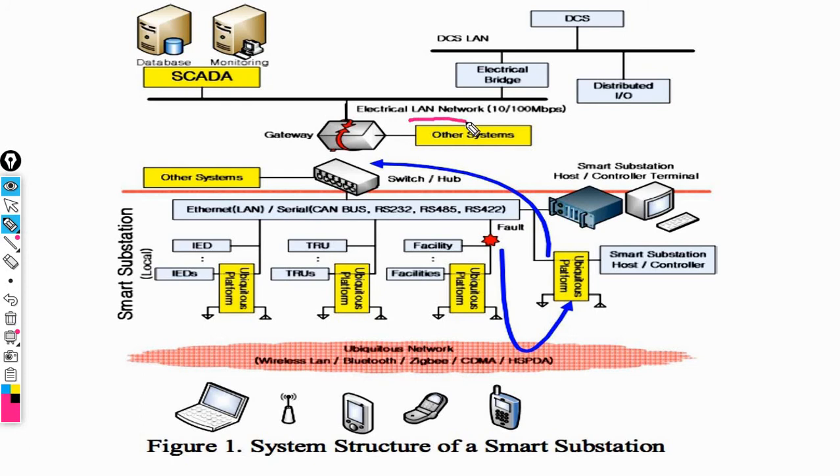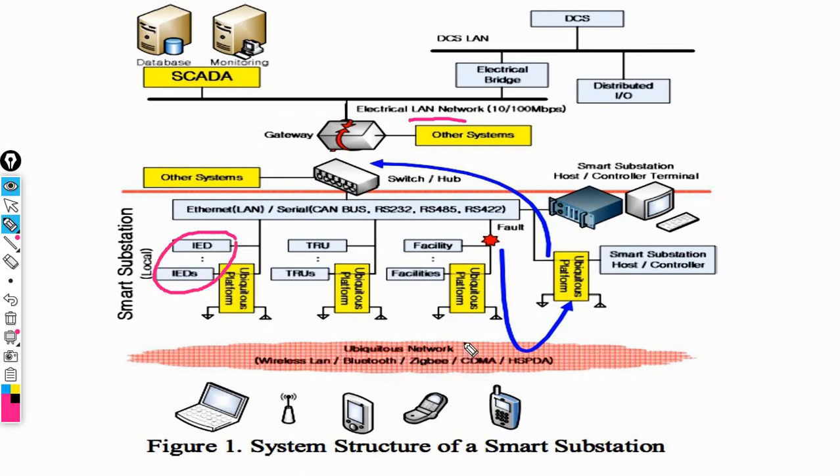Also, the whole system of the smart substation can be controlled with the help of a local area network, that is LAN, and the LAN range of 10 MB per second to 100 MB per second is required for the SCADA system of the substation. Also we need a switch for LAN, Ethernet LAN, and serial communication, for example an RS-232 cable. Also a control area network for the switch is required. Then intelligent electronic devices are also required to improve the capacity of the smart substation.